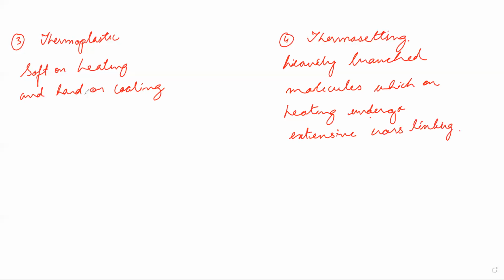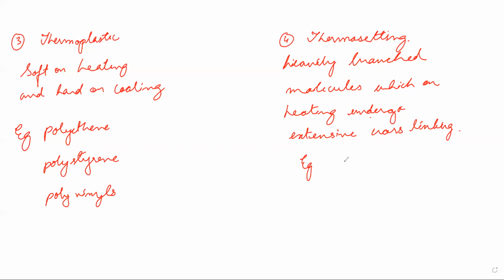Okay. Examples. For thermoplastic: polythene, polystyrene, polyvinyls. For thermosetting, examples are bakelite, urea